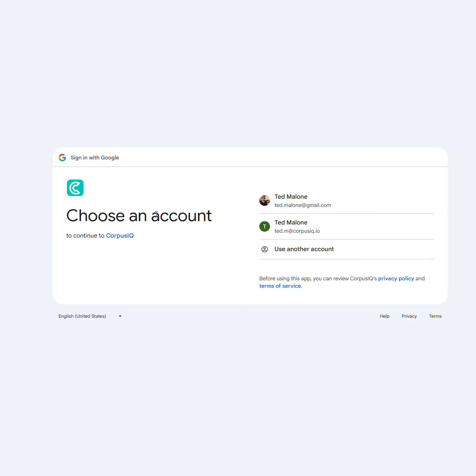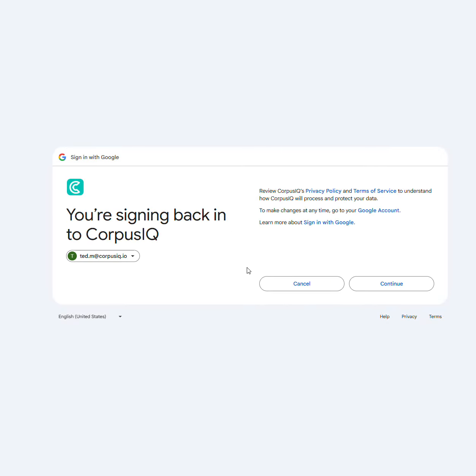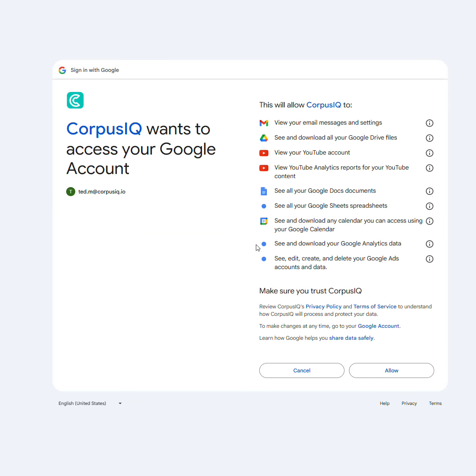So in this particular case, I start and I'll choose my CorpusIQ account, which then prompts me to note that I'm signing into my CorpusIQ application. I've got my privacy policy here, I've got my terms of service, and all of that other information that we expect from Google. If I click Next, this is where I'm going to see all of the scopes that I'm